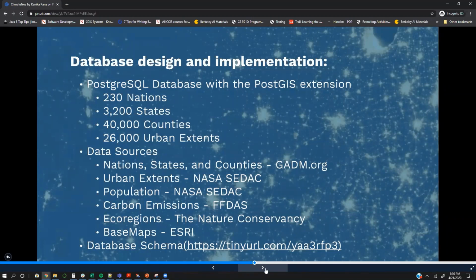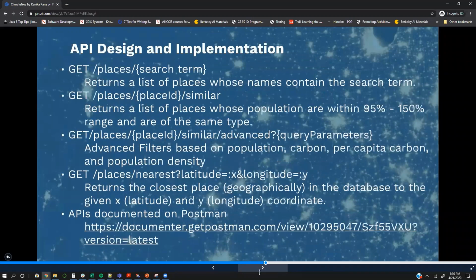Just to name a few, we've gotten our information from the Global Administrative Areas, the NASA Socioeconomic Data and Applications Center, the Fossil Fuel Data Assimilation System, and the Nature Conservancy. Our base maps are from Esri, which is a tool to help with mapping. On the next screen, I'll talk about what our microservice actually offers.